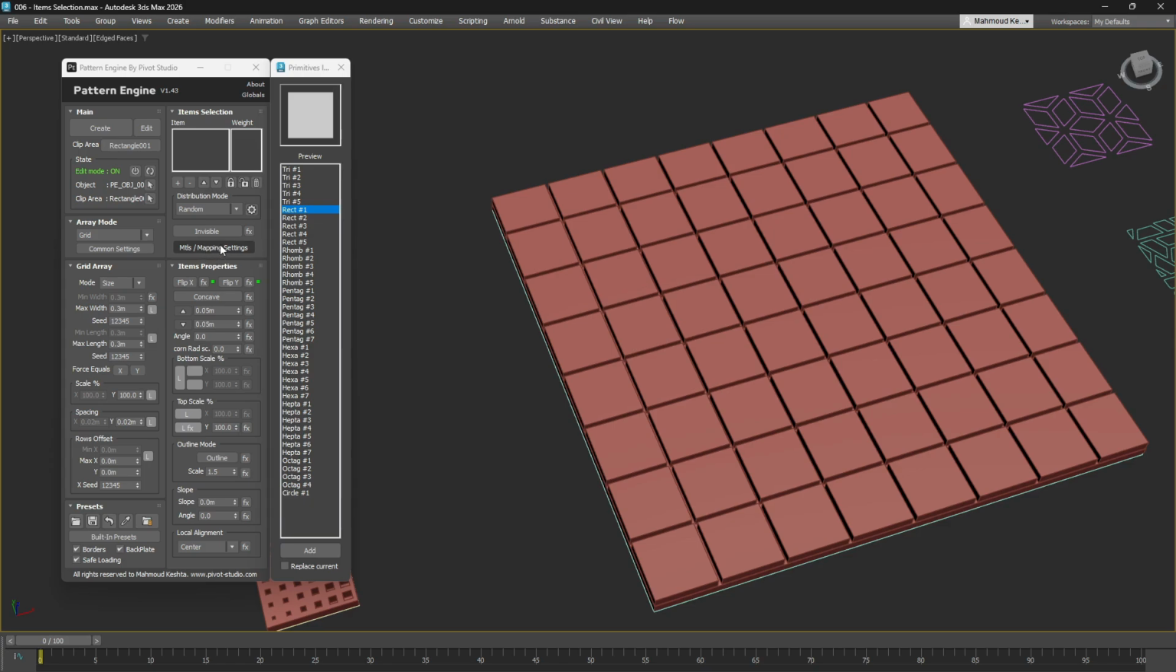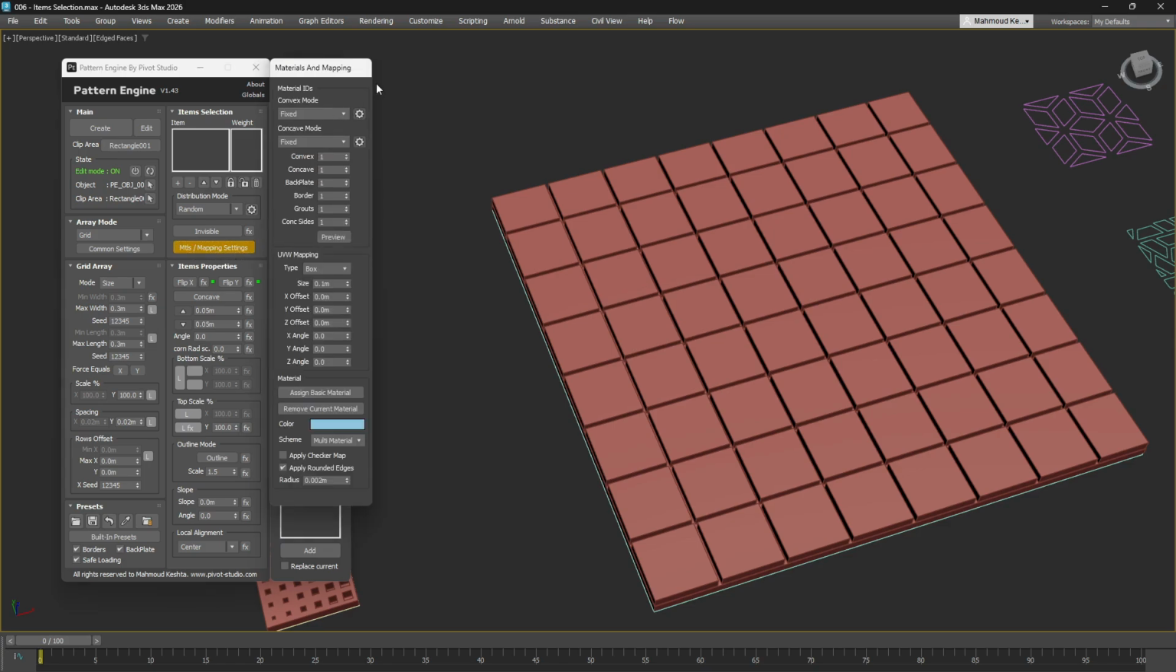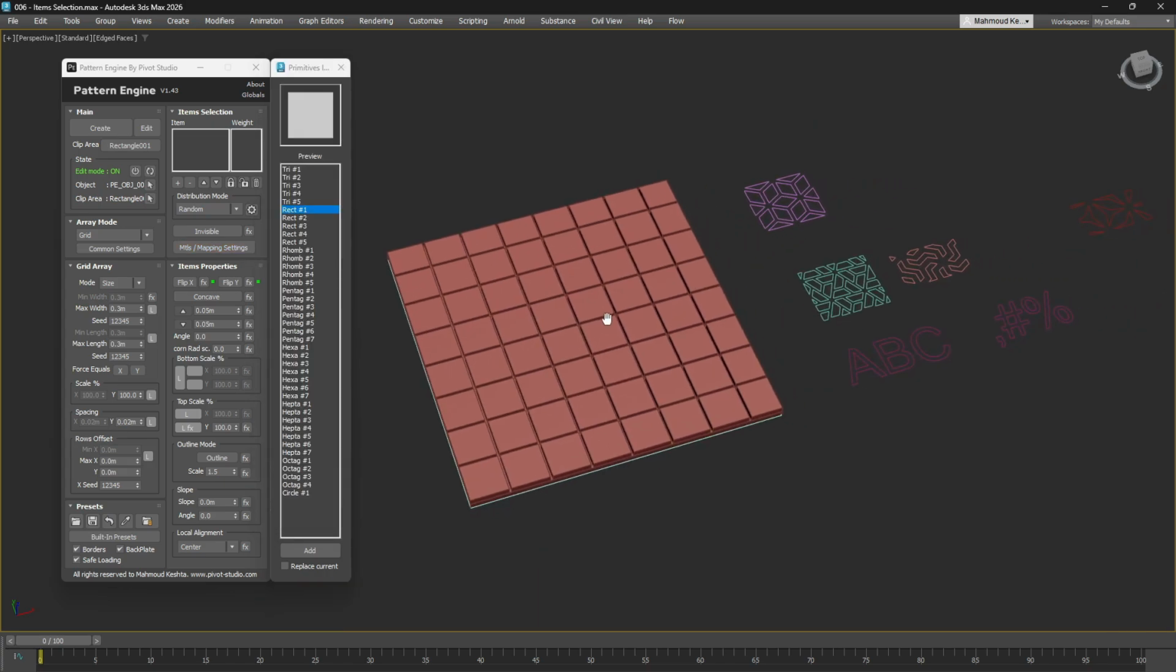Lastly, this button opens a new window for managing materials and mapping, which we will explain in a separate video. So, in this video, we have covered the item